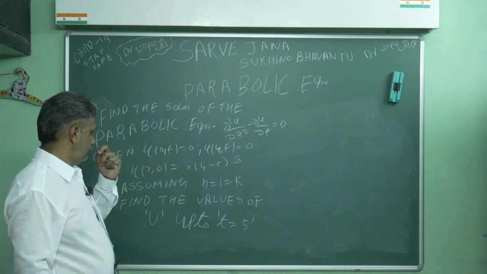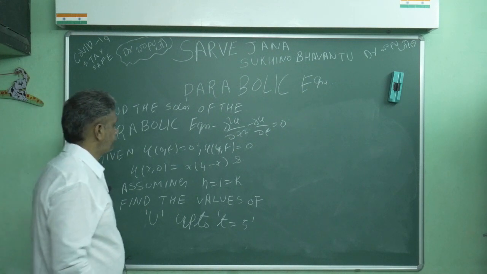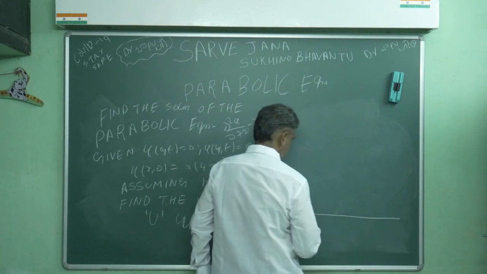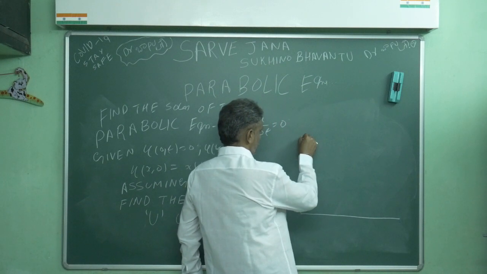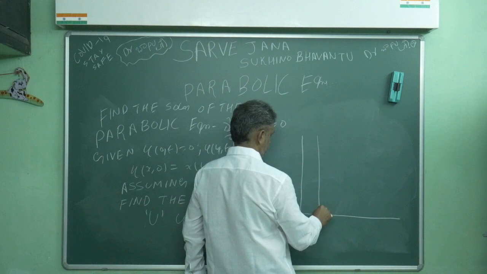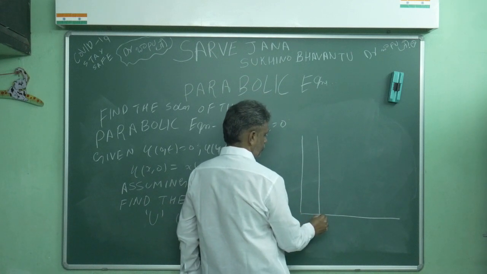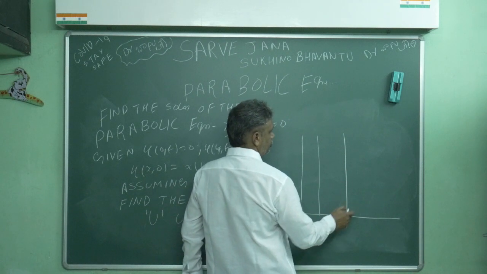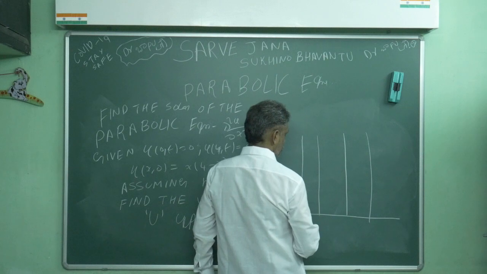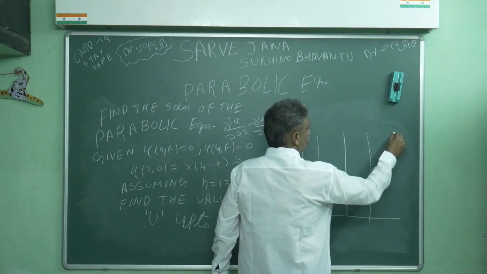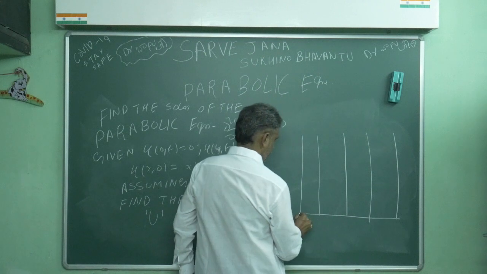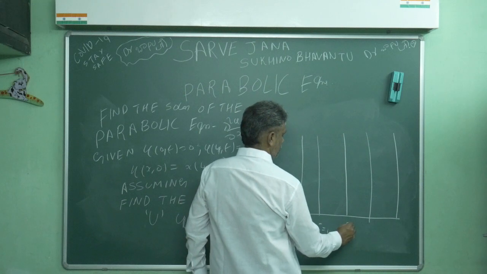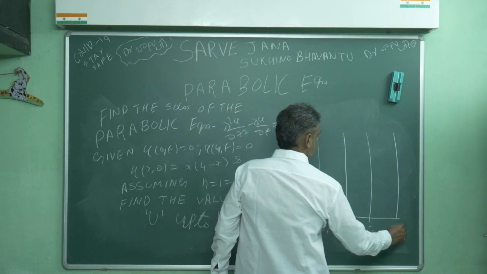Okay, I will do the given conditions. Up to t, how many values are given? It is telling t is equal to 5 values. x is equal to what? 4 values. i is equal to 0, i is equal to 1, i is equal to 2, because h is 1. So 0, 1, 2, 3, 4. This is the i value: i is equal to 0, 1, 2, 3, 4.